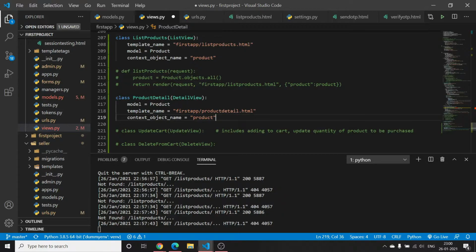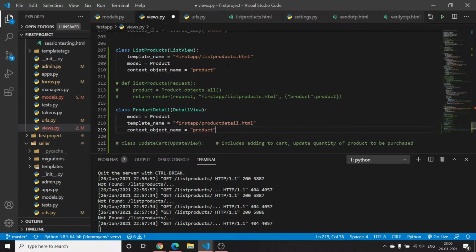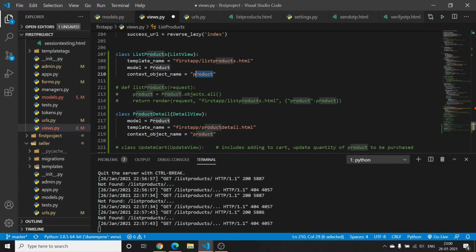So basically this product now refers to a single product, but the other product refers to a queryset of all the products, all the product records in our database. Here it corresponds to a specific product whose primary key we pass in the URL.